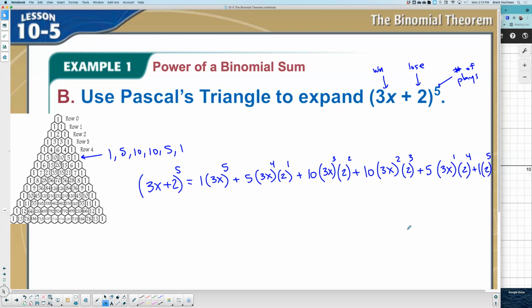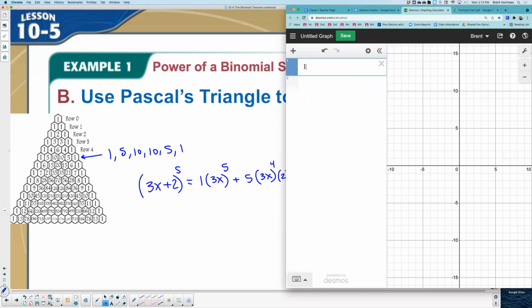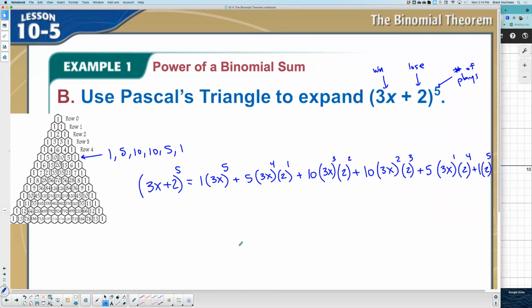Now this one can be simplified. We can use the calculator. What I will not type in the calculator is the variable x. So each time I'm going to type these in without the variable x. When I first type in, not that I have to put the 1, you don't have to write 1s in there, it'd be 1 times 3 to the power of 5. It's 243. So that right there is 243x to the 5th power. I didn't type in the x because the calculator won't do anything for that. So (3x + 2)^5 will equal 243x^5 plus,